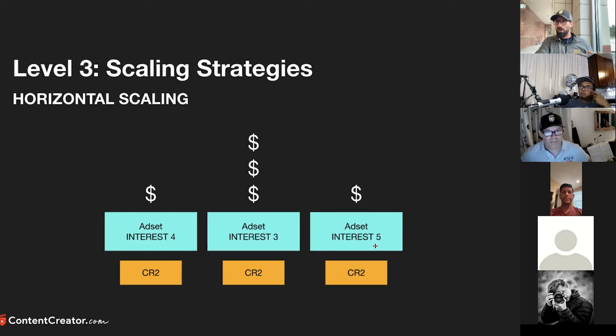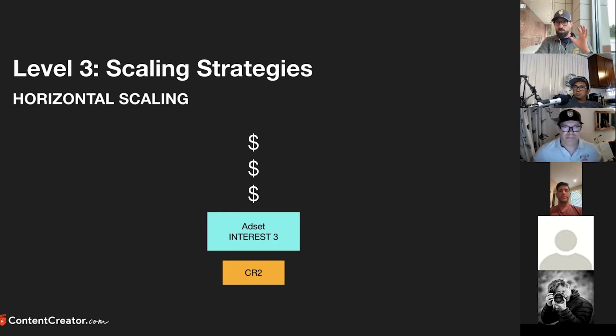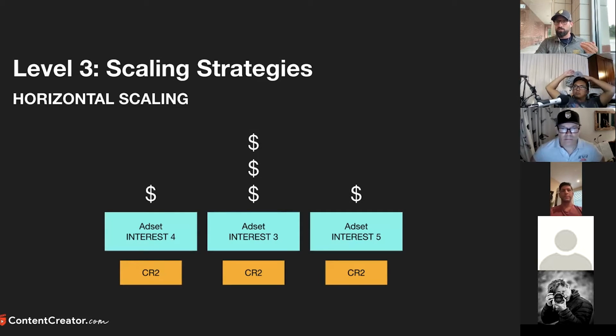Teddy, do you follow this? We'll go back. This is our performing ad. This is what won our initial test, interest 3 with creative 2. So what we want to do is now take creative 2 and send it to 2 other interests. So we created interest 4 and interest 5, and we're using the same exact ad, same copy, all of that. Only difference is we're spending less in these than the 300, let's say,